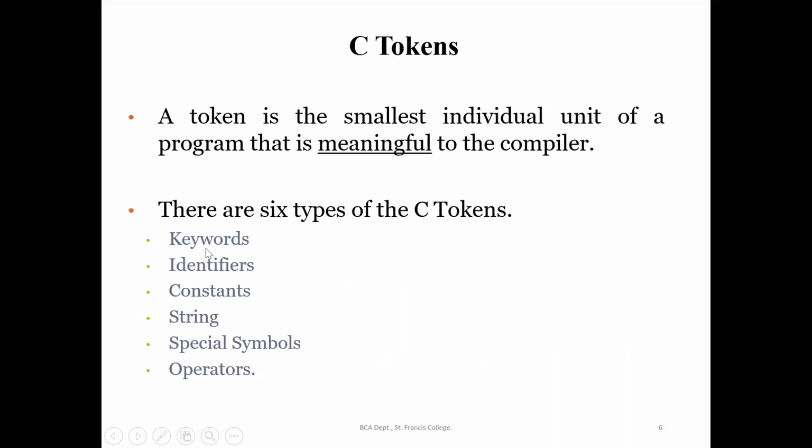In a program, we can have a mix of keywords, identifier, constant, string, all these 6 tokens. But identifiers are nothing but our variables, which we can give any name. But with the identifiers alone, you cannot write a program. Keywords are the actual instructions which are given to the compiler. With the identifiers and constants and the remaining things, if you write a program, it will not be taken as a C program unless there are some keywords. So the most important thing among the C tokens will be our keyword.